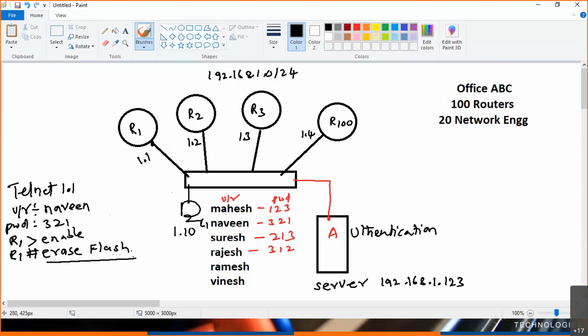So when he's doing some erase flash command, then what the router will do is, no, wait, let me check with my server. I can't allow you all the commands. Let me check with my server. Now the router will send the request to the server. What will the server do? Now the server will implement one more method called